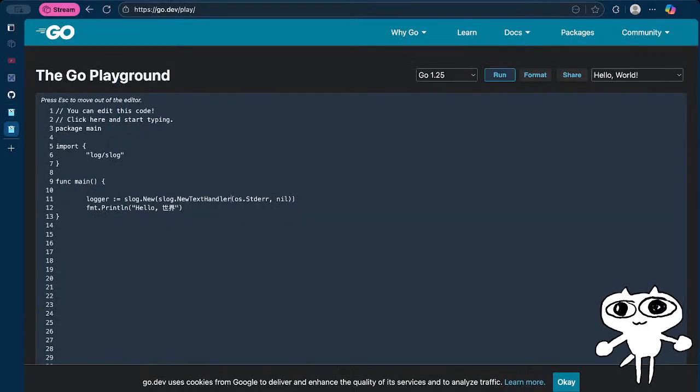So slog.NewTextHandler, and now if I just do logger.Warn, OMG shit about to go down, and if I just run this,